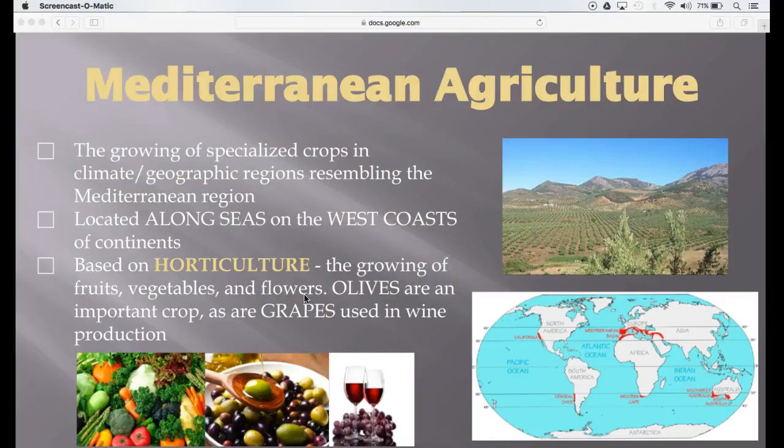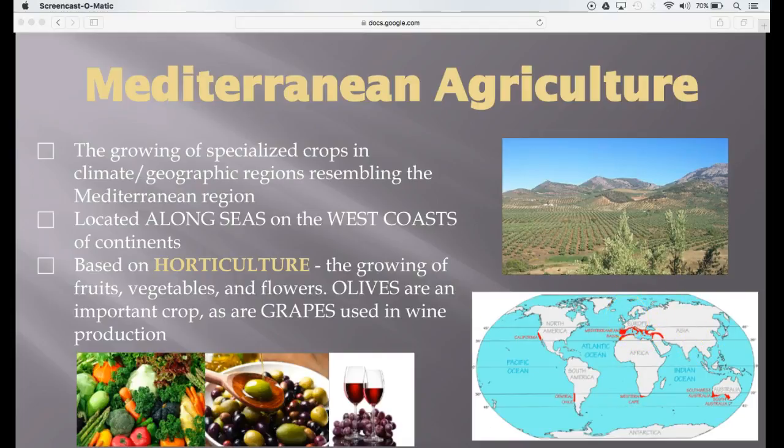Olives obviously can be turned into oil. Grapes, another big product, are used in wine production. But keep in mind when you see a map of California, the Mediterranean Sea, know that it's probably Mediterranean type agriculture, and know that it's always on the western coast of continents. Western coast, western coast, western coast, and western coast, if you kind of look at Europe and Asia as one